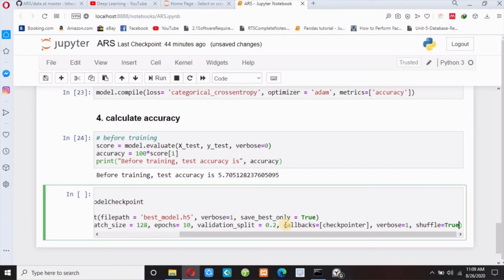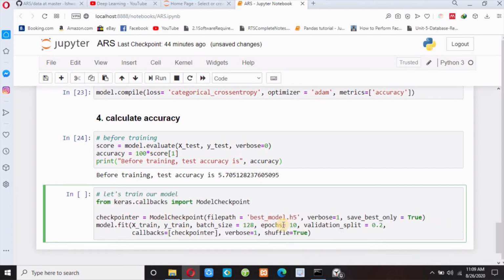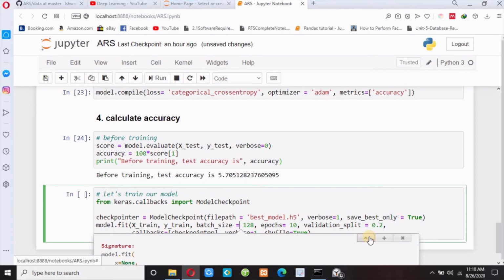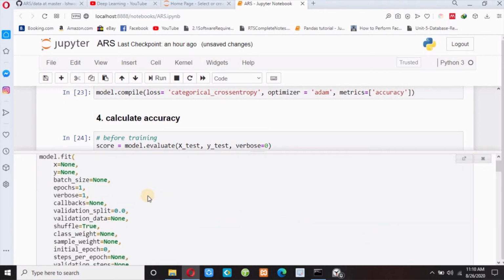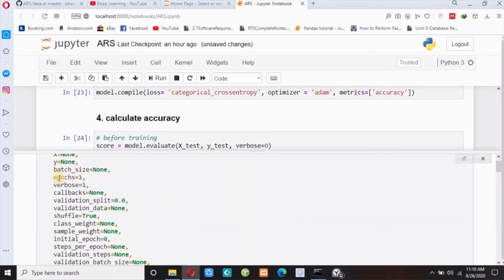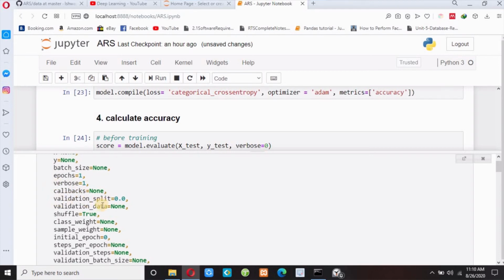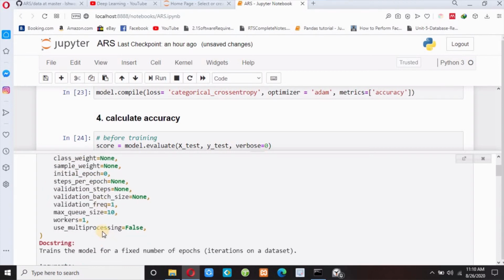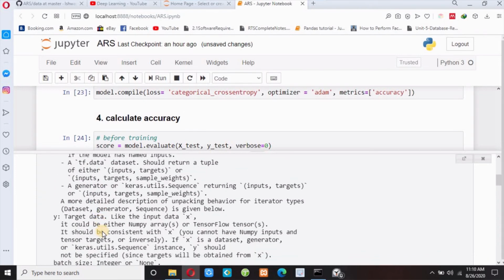Let me split my code from here. Okay, so let me explain this. And guys, if I press shift tab, and if I maximize this, you can see I have passed batch size, epochs, and also verbose, and also validation split.